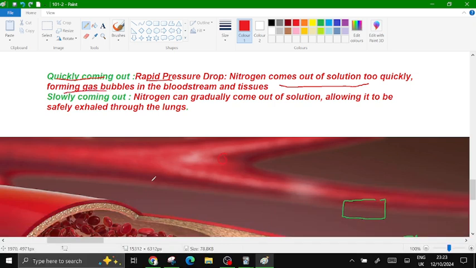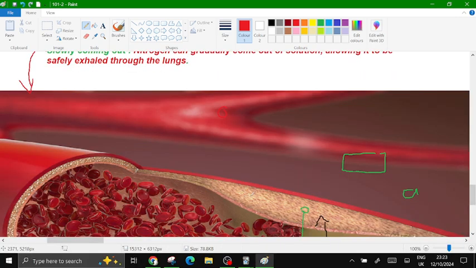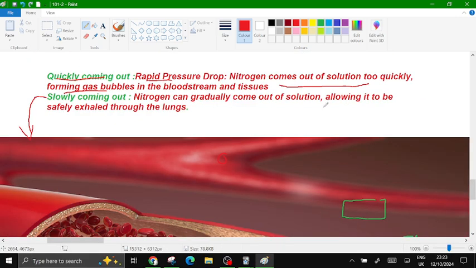Not only one, but many giant big bubbles in the bloodstream. Okay, what will happen if they come out slowly? This nitrogen will start coming out gradually, and this will give the lungs some time to get rid of these